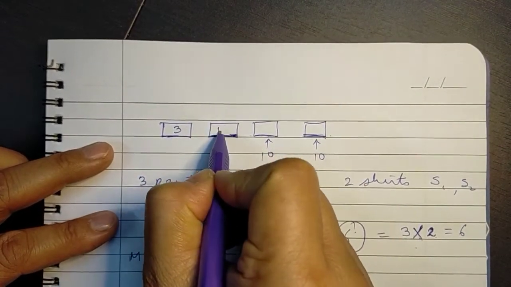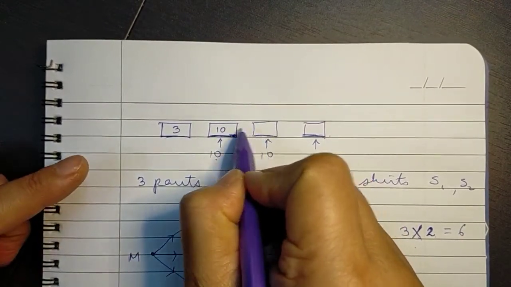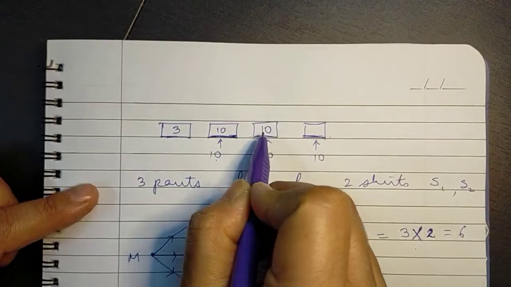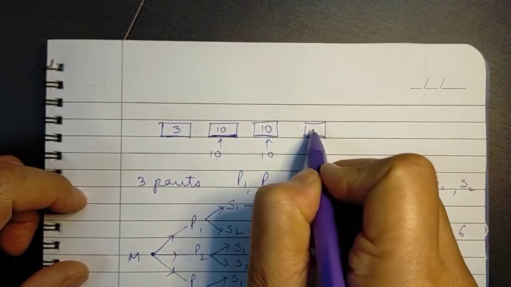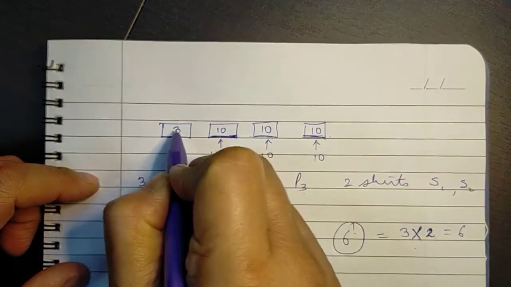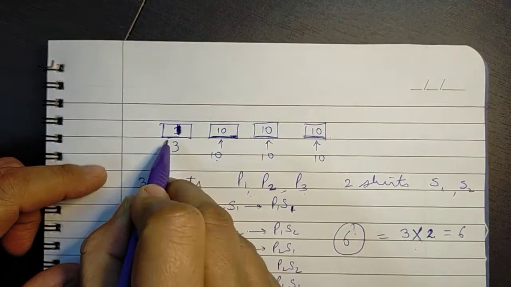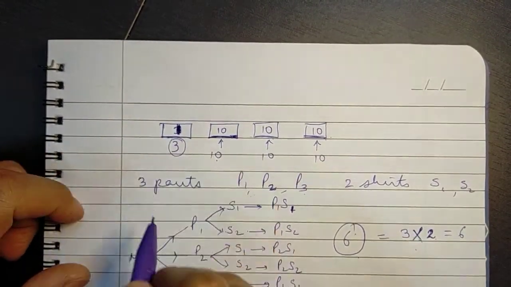Then there are 10 ways of choosing or filling up the second place, or choosing a number to fill up the second place. 10 ways of choosing the number to be filled in third place, and again 10 numbers for this. So this is 3, and actually the number of possibilities here is 1, because this is fixed. He knows that the number 3 is being filled in here.